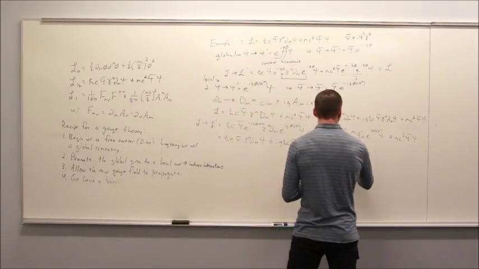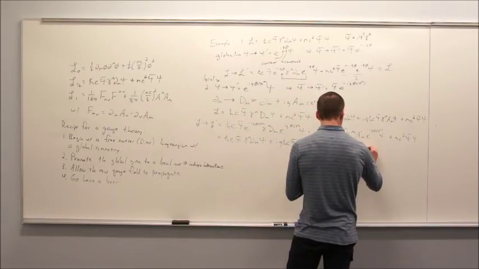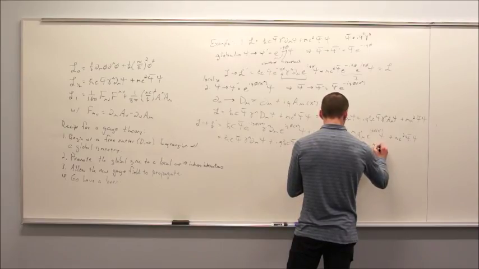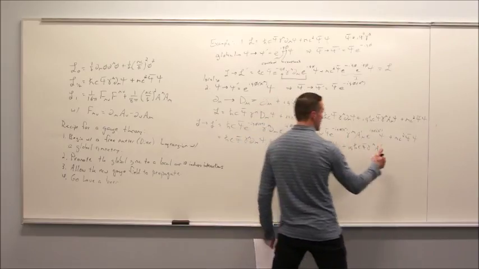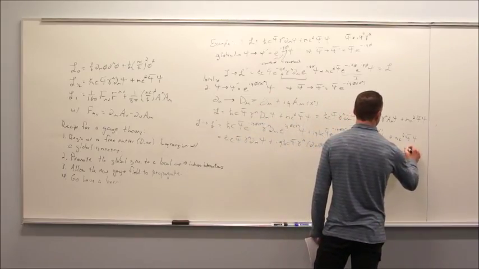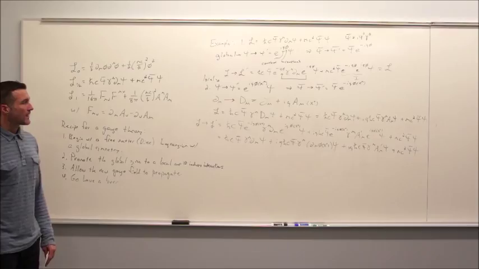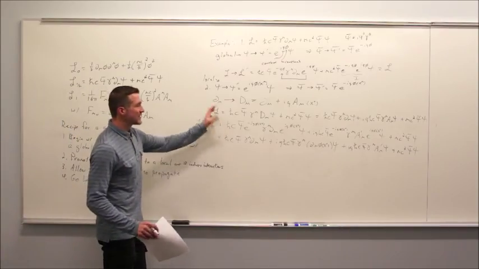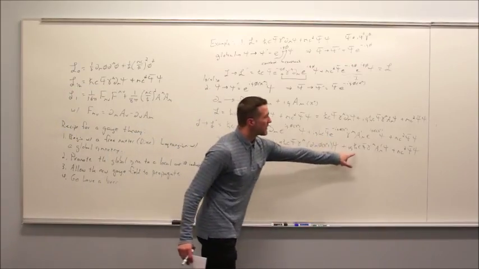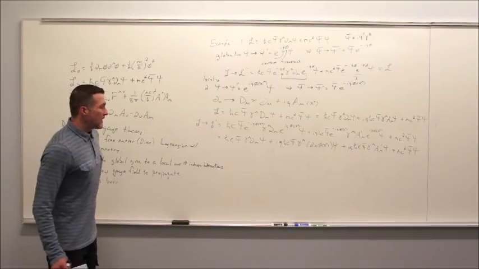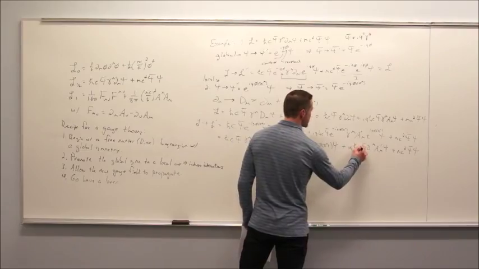But now, of course, I get a new contribution from this, and that's going to take the form i q h bar c psi bar gamma mu A mu prime. I'm just canceling the e's here, and then writing what's left. Plus mc squared psi bar psi. Okay. There's a little bit of work to go from here to here, but it's really what I did in the previous case, except you just have this new term, which pops up down here. And let me make sure I'm not missing a factor of c. Oh, that is a c. It looked so unlike a c that I didn't recognize it.